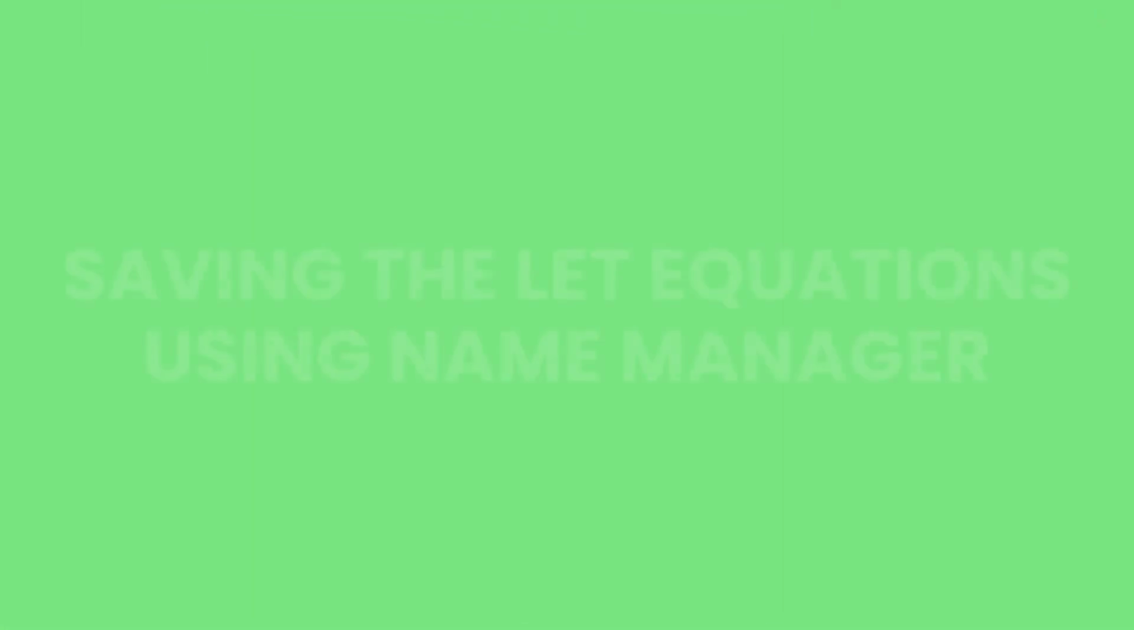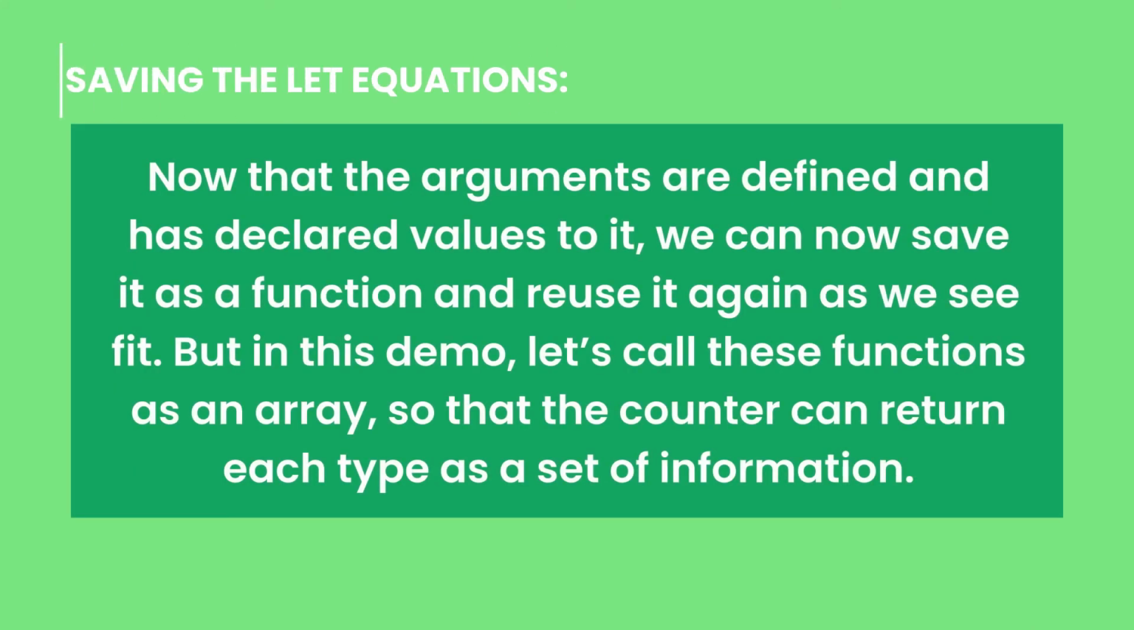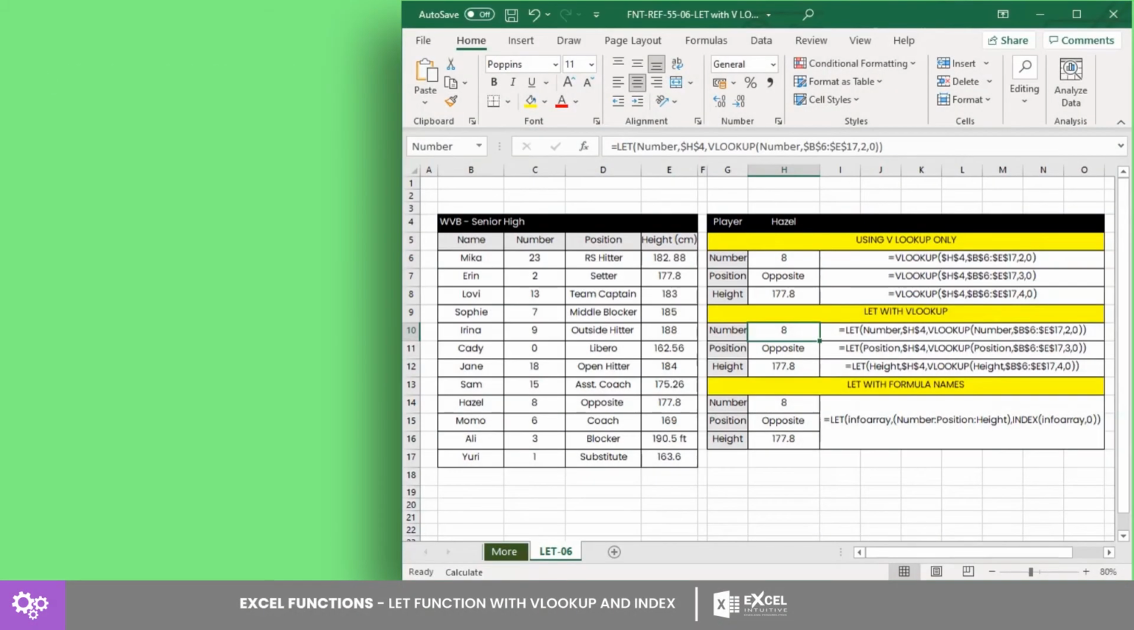Now that the arguments are defined and have declared values, we can save it as a function and reuse it again as we see fit. But in this demo, let's call these functions as an array so that the counter can return each type as a set of information. To do that, we can use LET again and type in the equation,